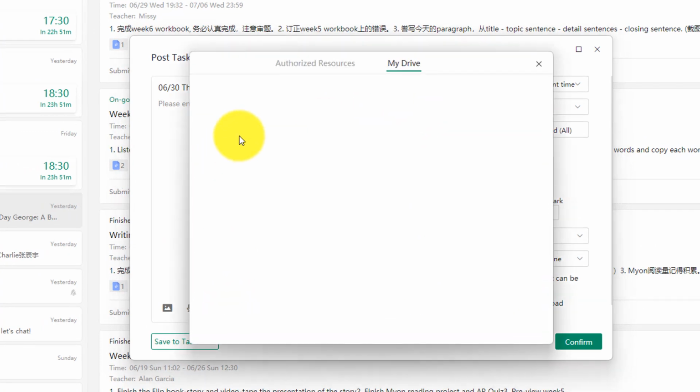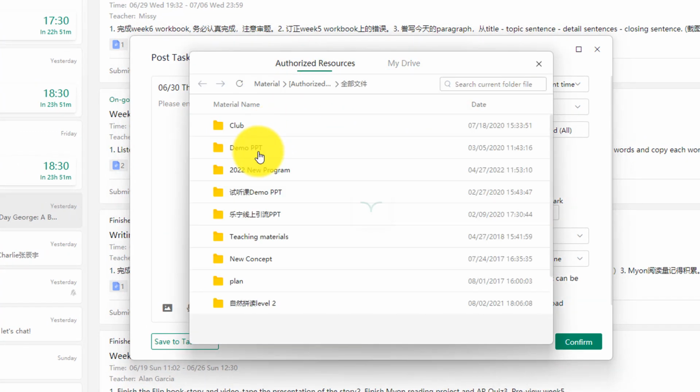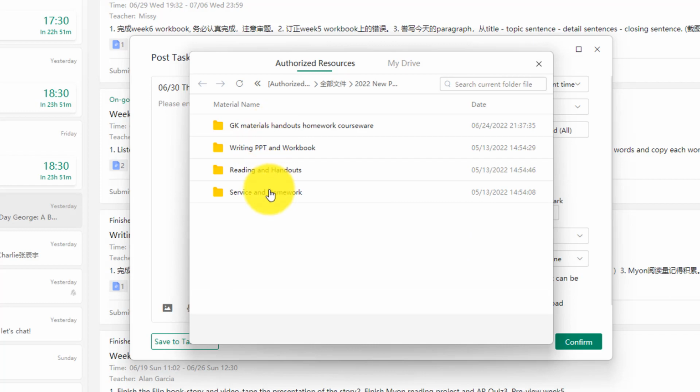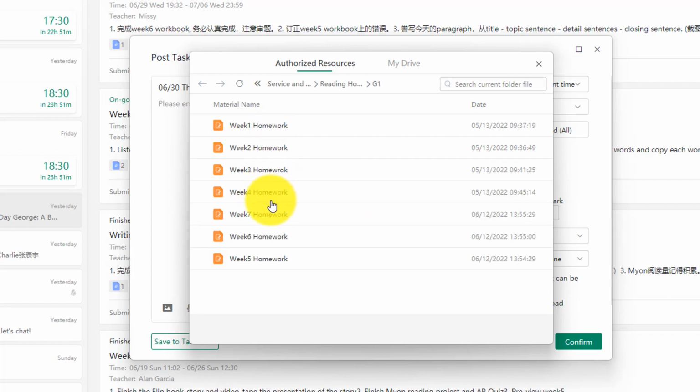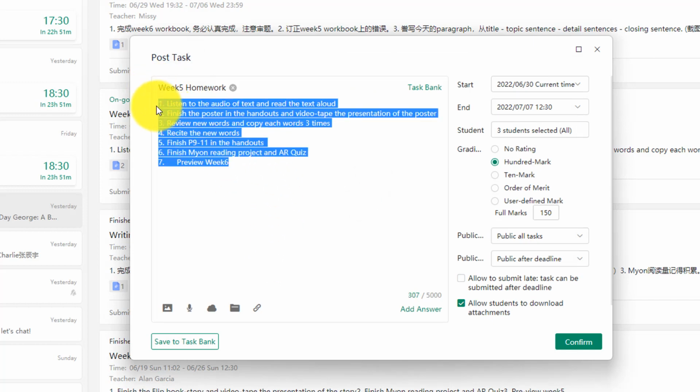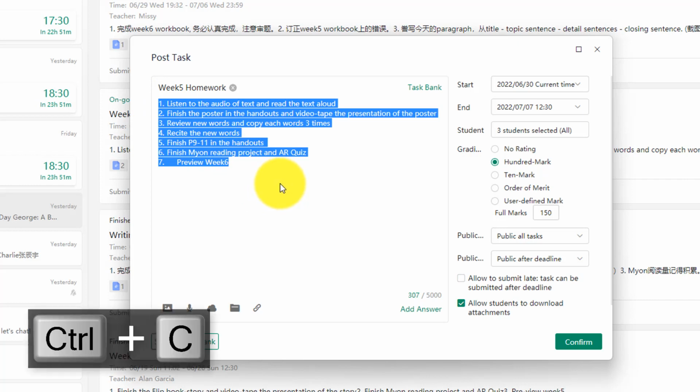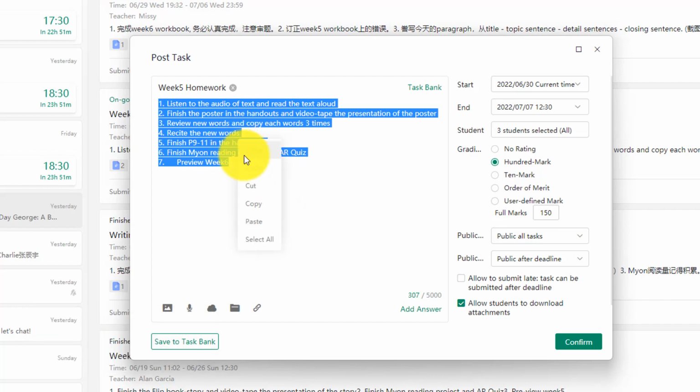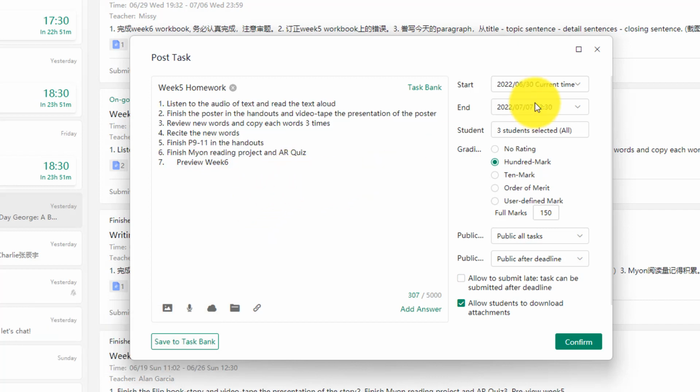So click on Task Bank, and we're gonna find the homework for week 5. So homework G1 week 5. As you can see, there's only text and no attached files, right? So we're just gonna copy this, Control C. Hit Control C on your keyboard, or just copy here, and then we're gonna hit on Task Bank